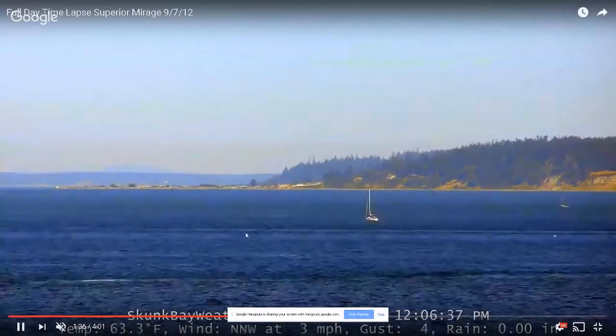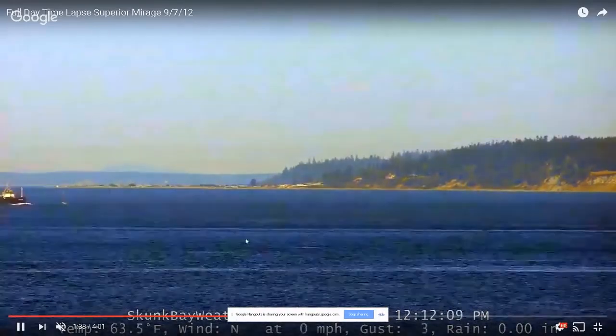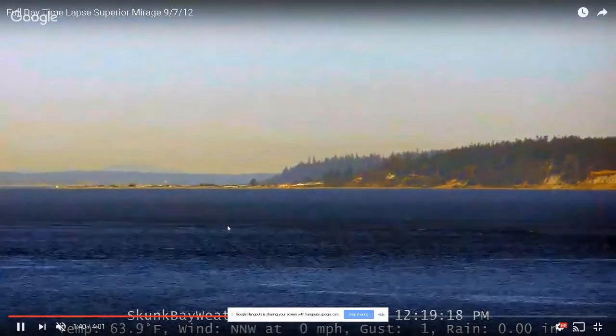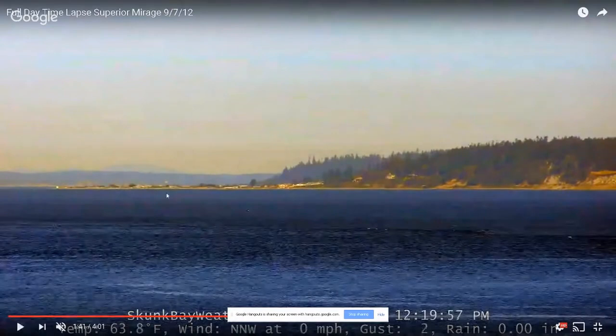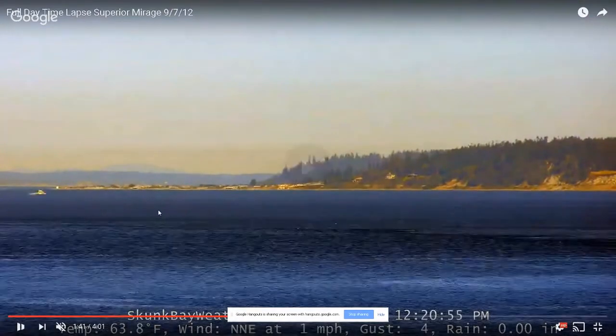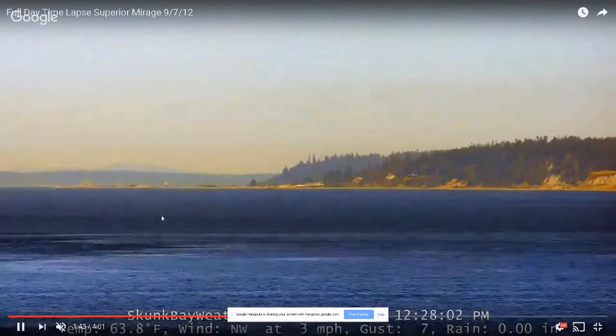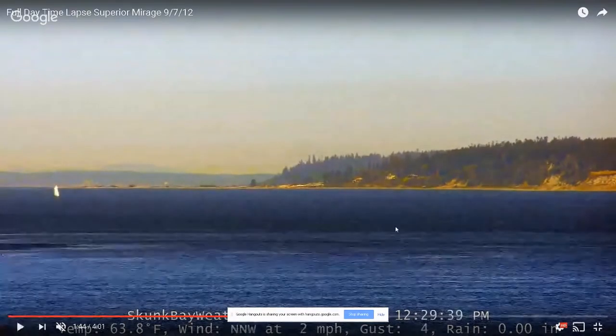Now, this is not some type of... It looks like the bay's getting flooded. Right? Look at that. There's curvature. Oh, look, it's round too. There's the curvature. You see it? But this is, and it gets better too once it gets to around 4 o'clock.